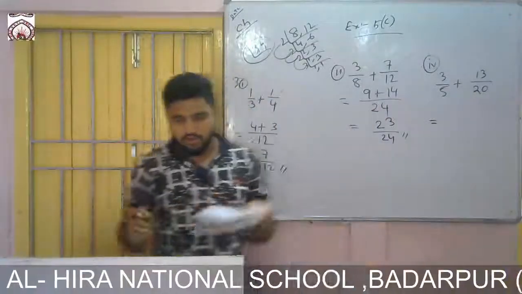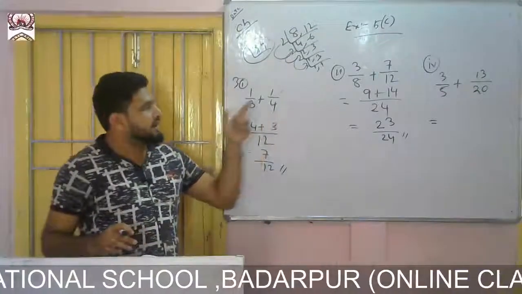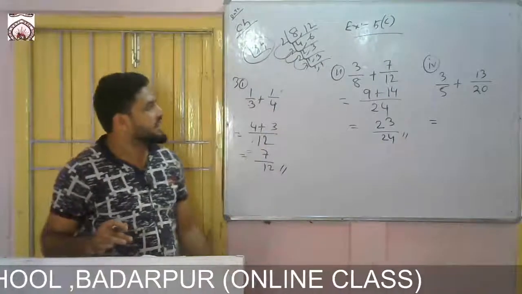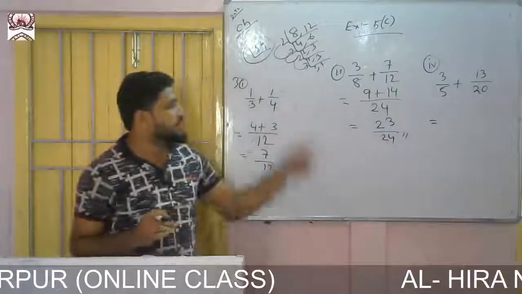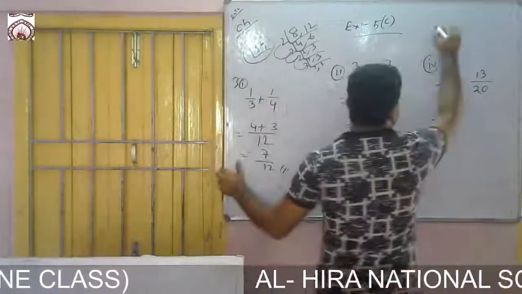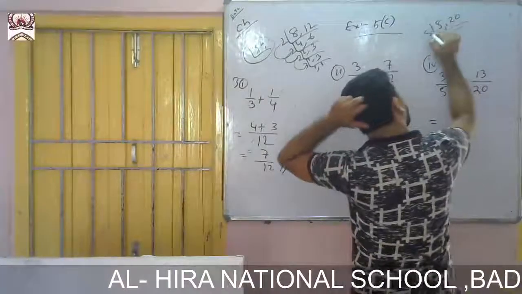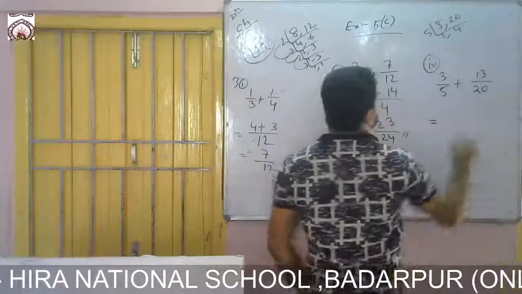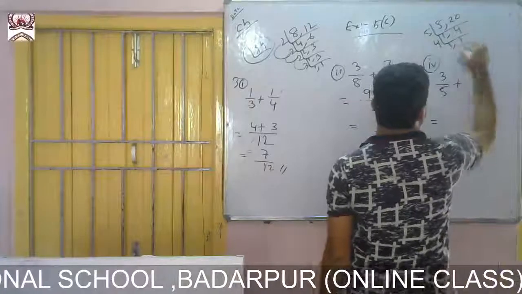One thing you remember, if you take the LCM, I can calculate it by mouth. How? 5 and 20, the LCM will be 20. If you take the LCM of 5 and 20, I can divide only with 5. 5 1s are 5 and 5 4s are 20. So again with 4, this one will remain 1, then 4 1s are 4.